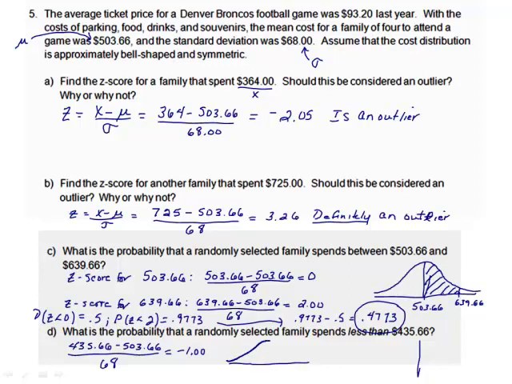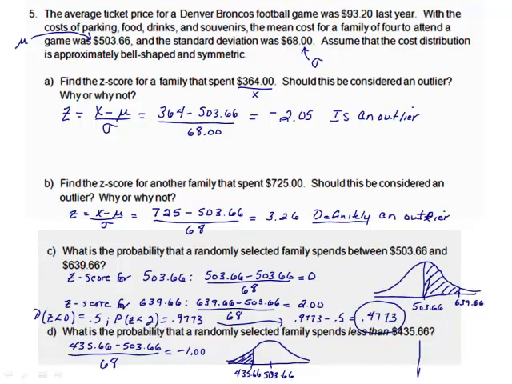Here's our distribution again. I'm putting the mean right there in the middle. Notice if you're doing the z-scores, you can also put 0 in the middle, since that's the mean for your z-scores. And our x value, our 435.66, is to the left of the 503.66. And since we're looking at a less than, the probability that the family spends less than that, then we're shading